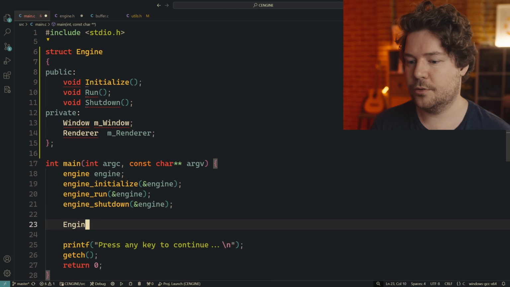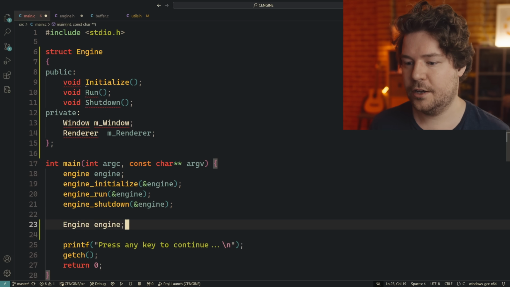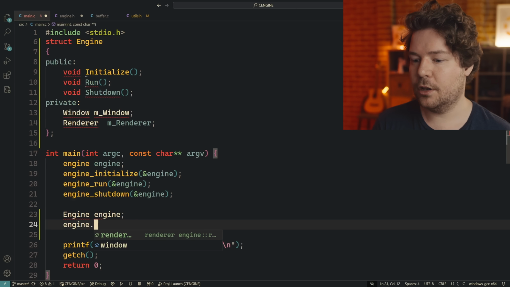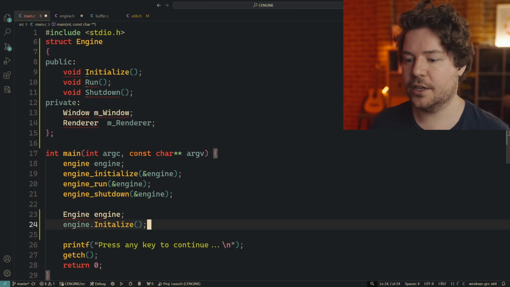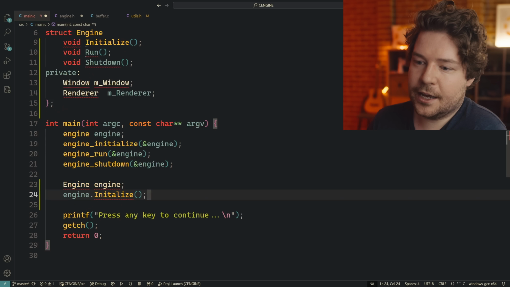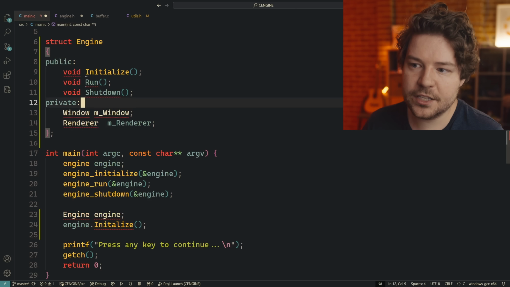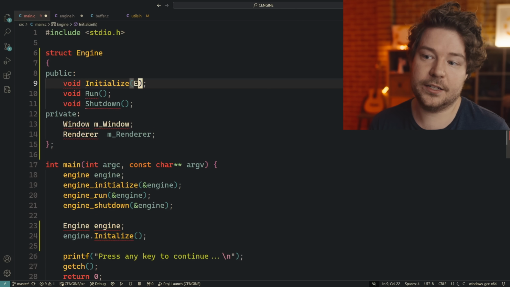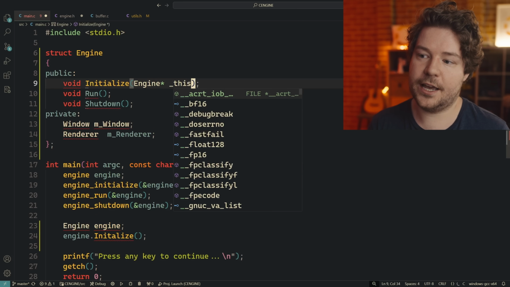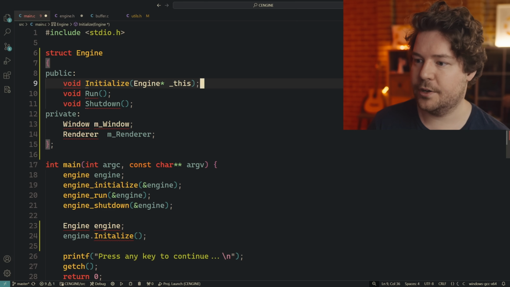And then what that would do is you'd have this alternative engine, where again, you would just call engine.initialize. And the cool thing is you don't need to pass in that engine because that happens automatically. These functions basically contain a pointer to engine, which is called this, without the underscore.